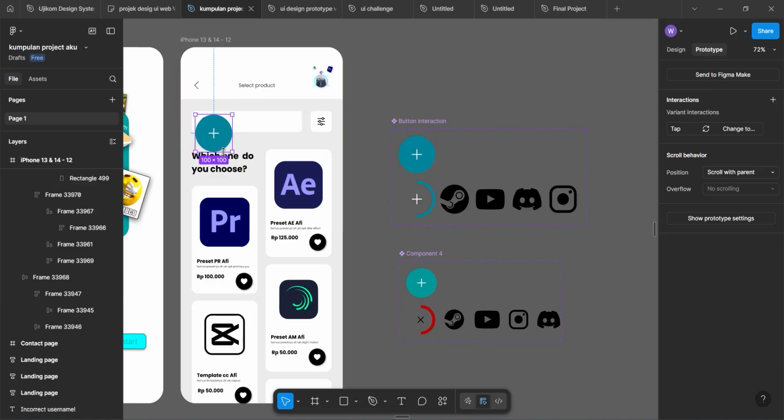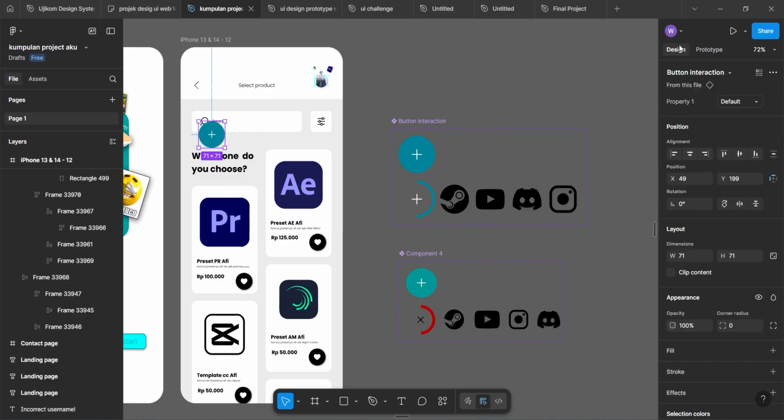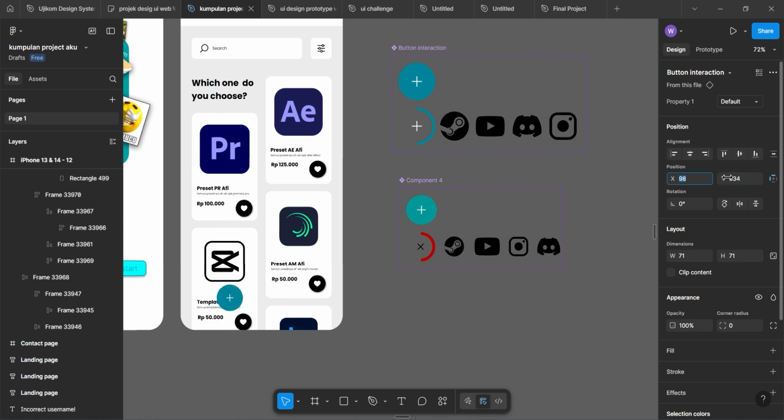You now understand the basic and intermediate features of Figma prototyping. Remember, prototyping isn't just about making it clickable, it's about showing how your design feels in motion. So don't be afraid to experiment with transitions, delays, or smart animation to make it more alive.